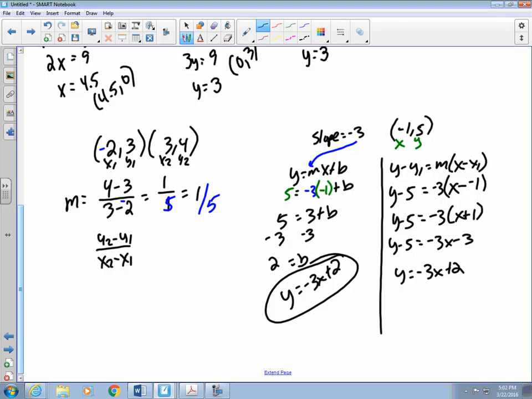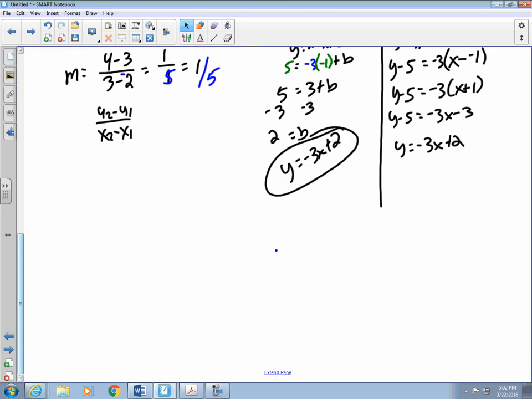And last but not least is parallel and perpendicular lines. If you have parallel lines, then the slopes are the same. If they're perpendicular, then the slopes are opposite reciprocal. So say that you are given a function like y equals -1/5 x plus 6. And you say, find a function that is parallel to this line